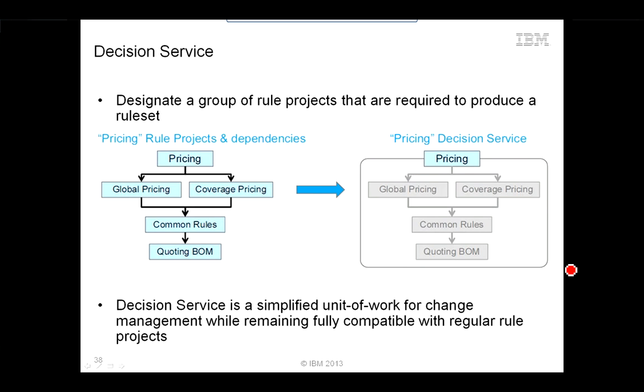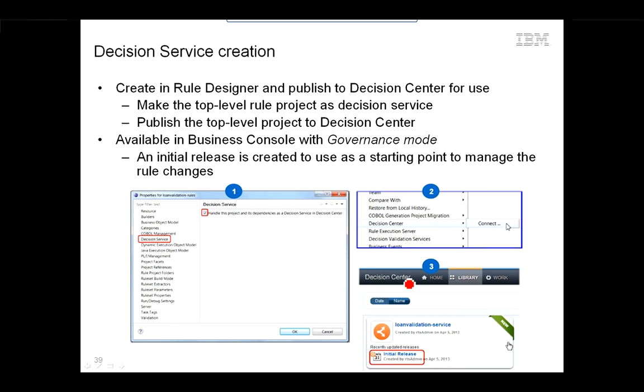Another key point is that content merge from one release to another is performed through Enterprise Console. I know I'm going through this pretty quickly, because I will do the demo and show it to you anyway. So in order to work with the decision service framework,